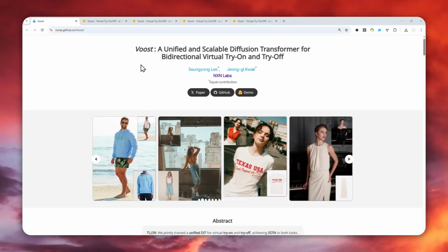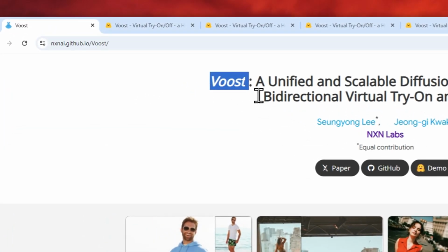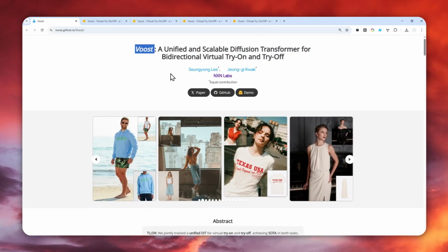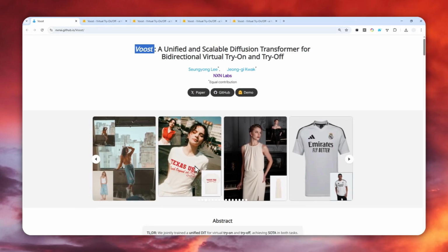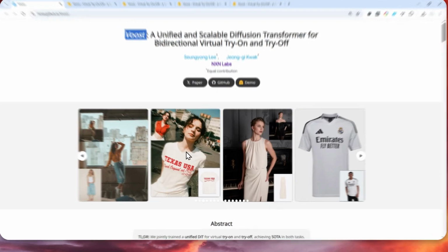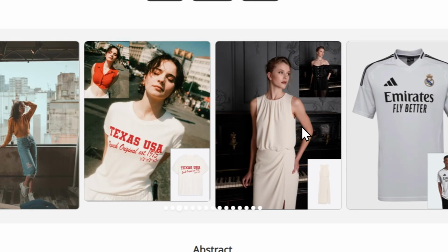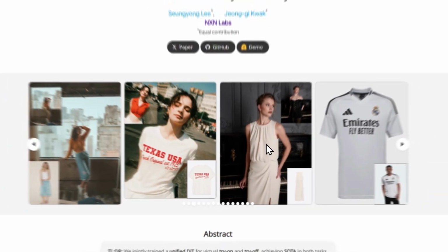So this is an amazing AI tool that I believe a lot of people are going to use. It is called Voost, and the goal of this tool is basically allowing you to upload a picture, and you can upload another picture of a t-shirt or dress or basically any outfit, and you can make the person in the picture wear that outfit, and the result is quite convincing, and that's because it is exactly the idea